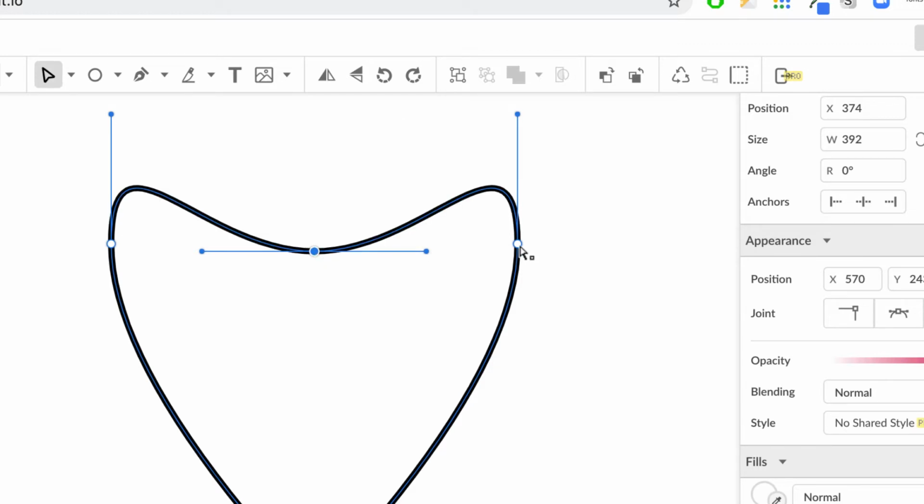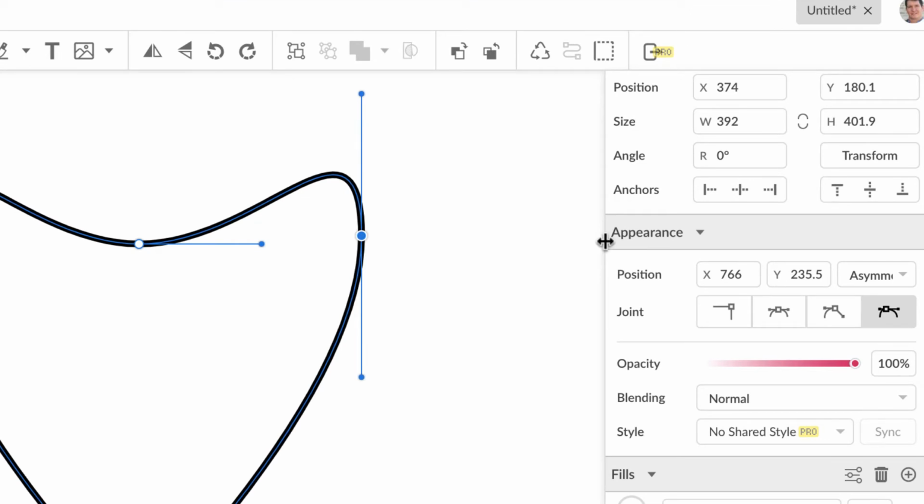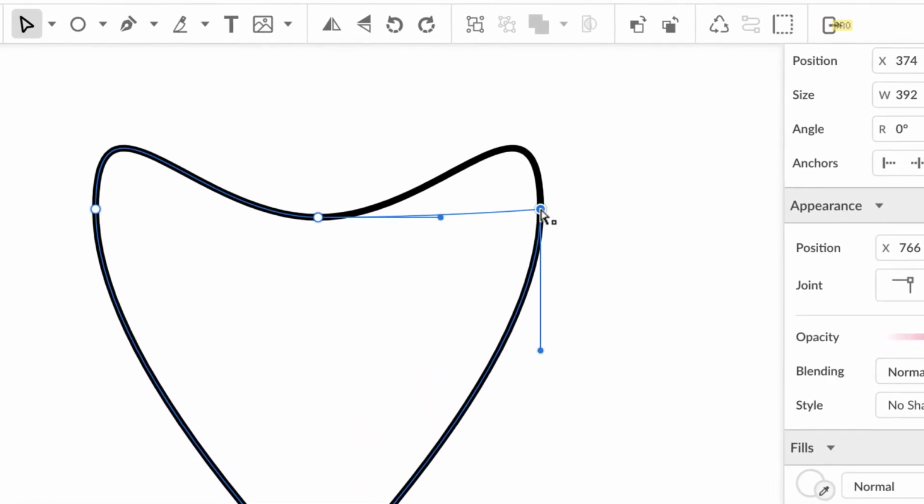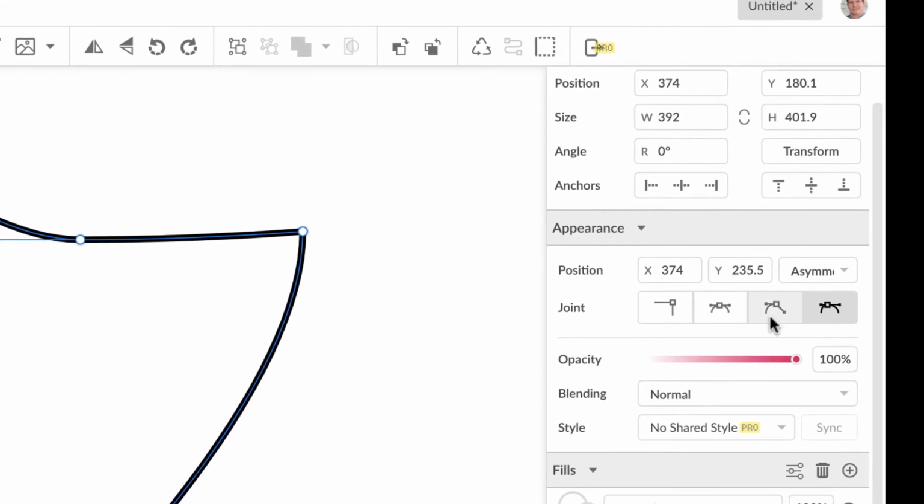And then I'm going to click on this point. And instead of using the straight, I'm going to use the one that says disconnected. And by disconnected, then I'm going to drag this top handle down. And the other handle won't move. So I'll drag it down right into the point. And then I'll do the same thing to the other side. I'll click here. I'll click on disconnected,